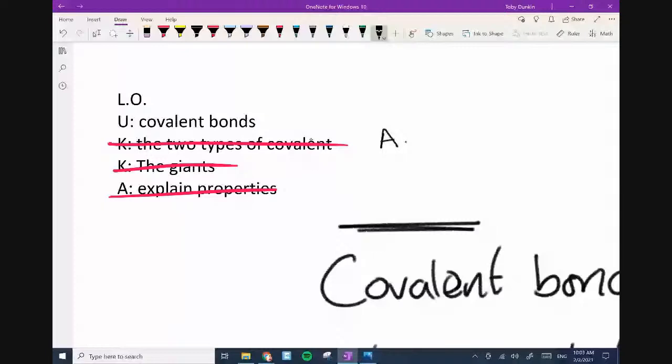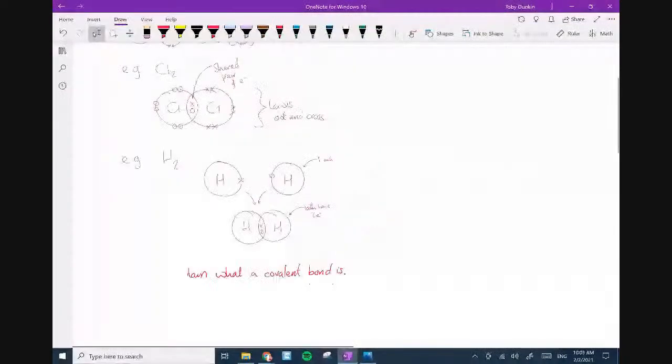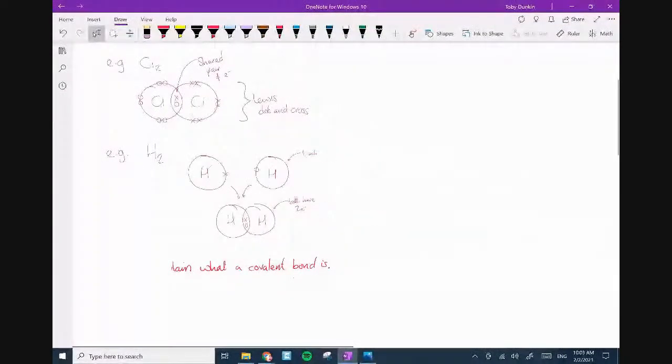Dot and cross and draw stick diagrams. I like it. Looks like stide. I don't know what stide is, but anyway. Let's have another go. Let's try something else. I love the fact that